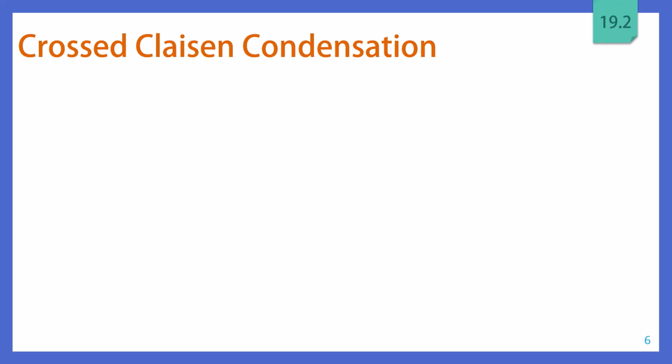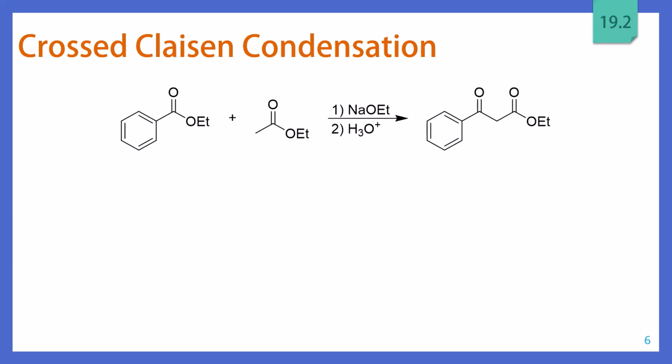Now, this next topic is the crossed Claisen condensation. This is going to be a reaction of two different esters through Claisen. Now, a well thought out crossed Claisen condensation will give you one predictable beta-keto ester. But if your reaction is not well thought out, a crossed Claisen condensation can actually create quite a mess of